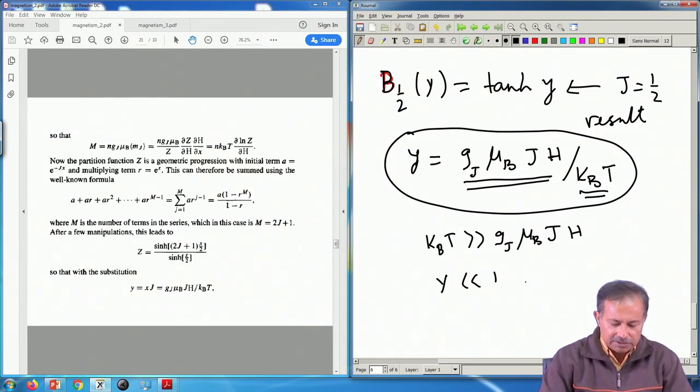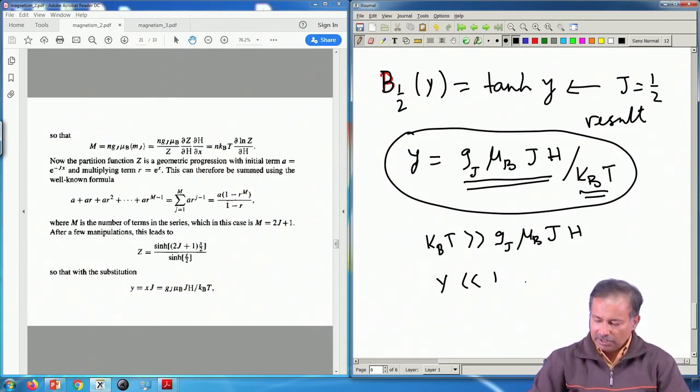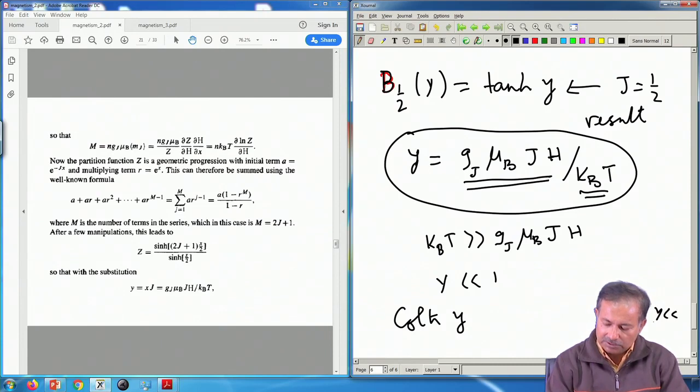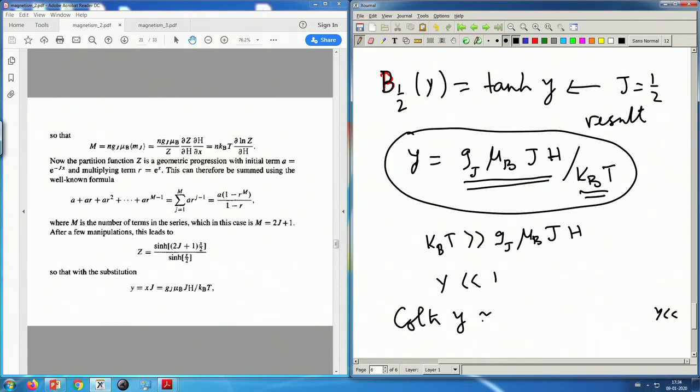Okay. So again, the same way, you remember that coth x, for y much less than 1, is of the order of 1 over y plus y by 3, plus higher order terms, plus terms of order y cube. These can be neglected easily, and if you keep this, then you will see that the result that you will get is